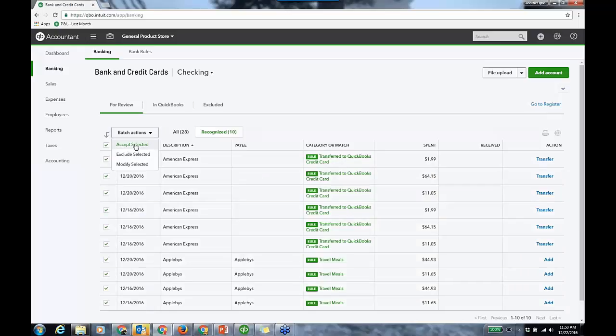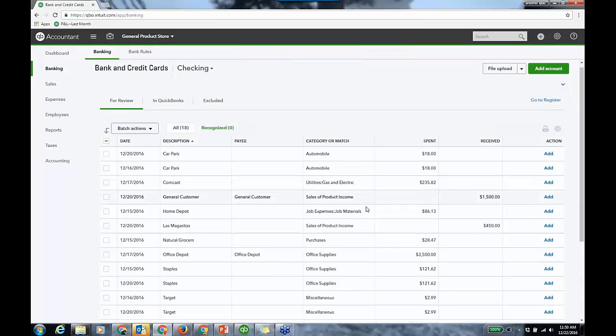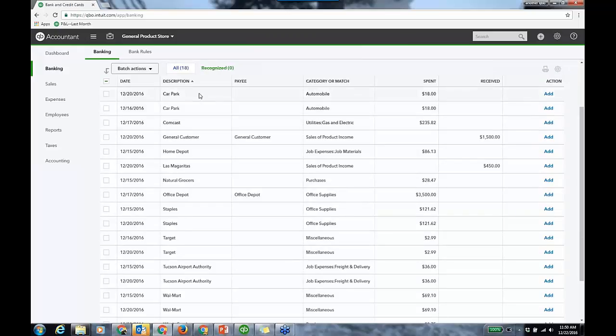That's the goal, and I'll go over rules in a second, but I can accept those in. Some of those are a transfer because it's an American Express download for that. But if you go back to all, now I have 18 left to review. So if you look at the predictable expenses that they use, like, we'll say Staples is a great one for